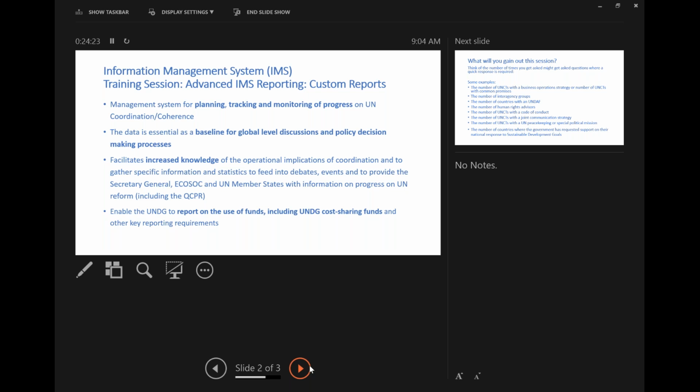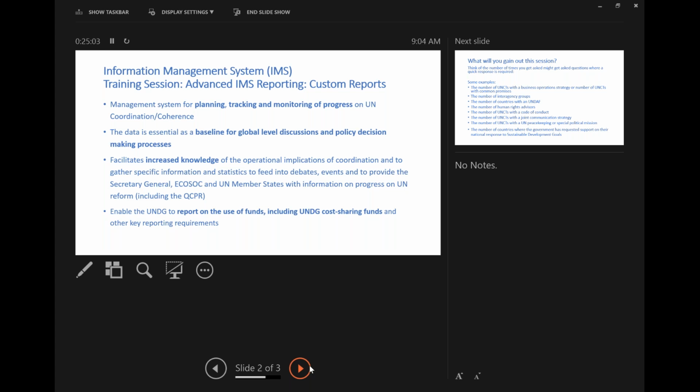What the IMS has been able to do for us is essentially ensure that we have a baseline data for global level discussions and policy decision-making processes. It's also been able to facilitate increased knowledge of the operational implications of coordination, and also help us to gather data, information, and statistics to feed into current debates, events, such as the QCPR, and enable us to give presentations to member states on how we're doing on UN coherence.